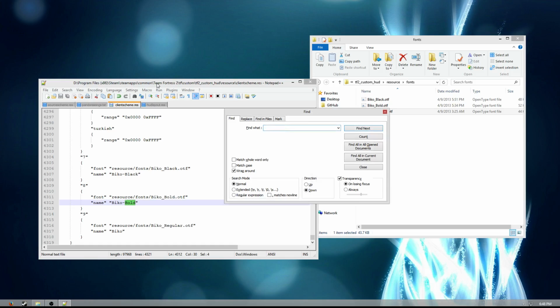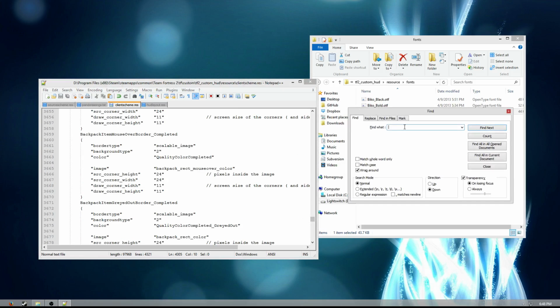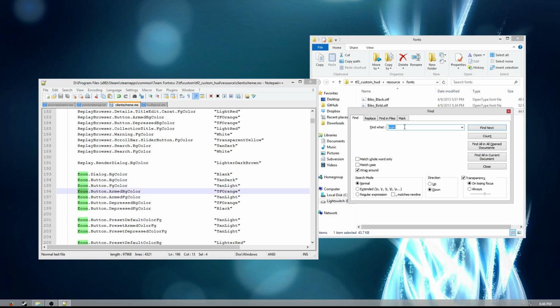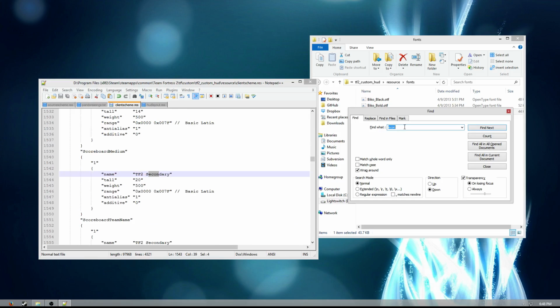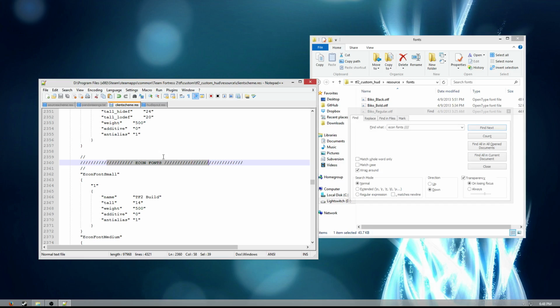And oh, I must have misspelled something here. Let me see if I can find this. See, everyone has these little bugs that they run into from time to time. There we go, econ fonts. I forgot the S, I guess. Yeah, econ fonts, and then a few slashes, and you'll reach a section of the HudLayout.res that looks like this,